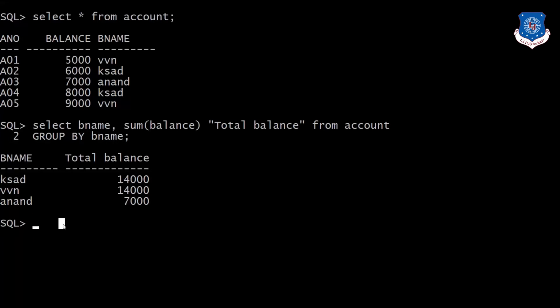The records having the same value for column bname are grouped together into separate groups, and the total balance for each such group is calculated. As there are different branch names in the account table, all records are distributed in 3 different groups according to their branch names.